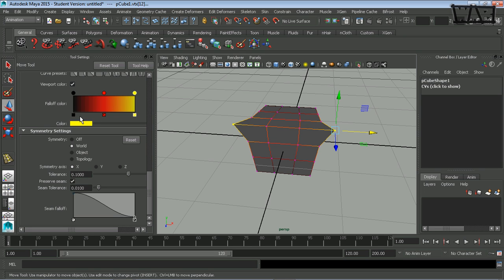Okay. Now sometimes when you're working on a mesh,